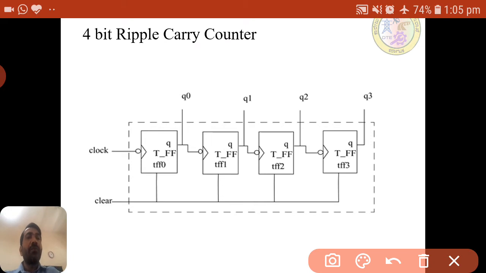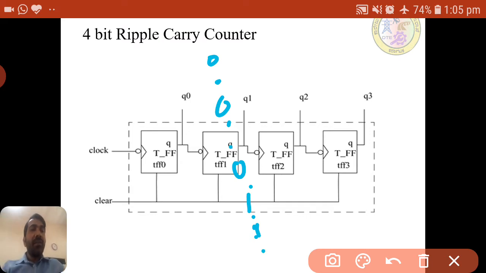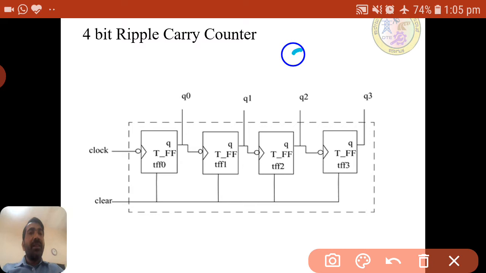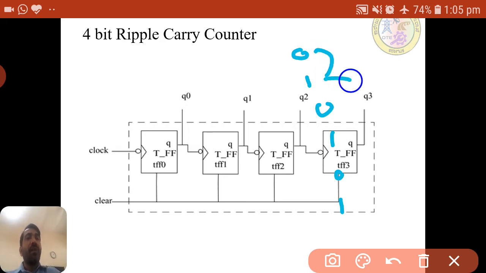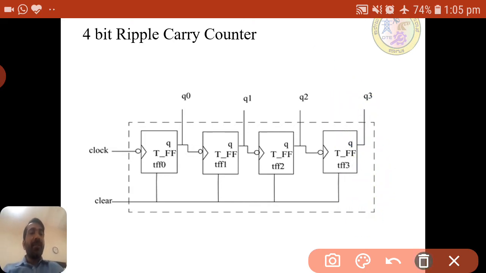The fourth bit has 8 times 0 and 8 times 1. So for the first bit, every clock it needs to toggle. The T flip flop toggles the input: if 0 is there, 1 will come; if 1 is there, 0 will come, again 1 0 1 0. Like that the T flip flop will toggle.